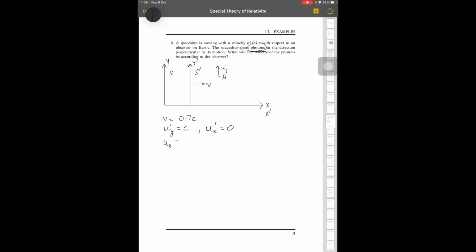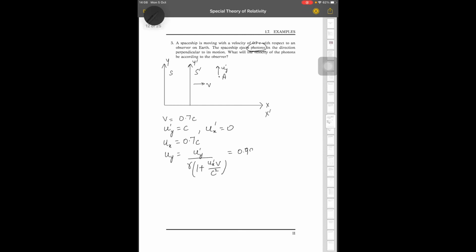So ux equals ux dash plus v upon 1 plus ux dash into v by c square, equals 0.7 c upon 1 plus 0, which is equal to 0.7 c. Uy equals uy dash upon gamma into 1 plus ux dash into v by c square, which is equal to